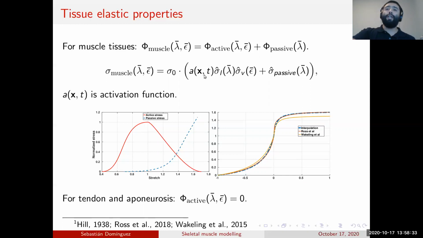And this function here is actually very important. This is called the activation function that we use. And it depends locally in space and also on time. And you may think that once you get your electrical impulse from the brain, from the neurons, right? There is a little delay in time until your muscle gets activated. So when it starts to deform due to that electrical impulse. Okay, so this tries to mimic that, all right?